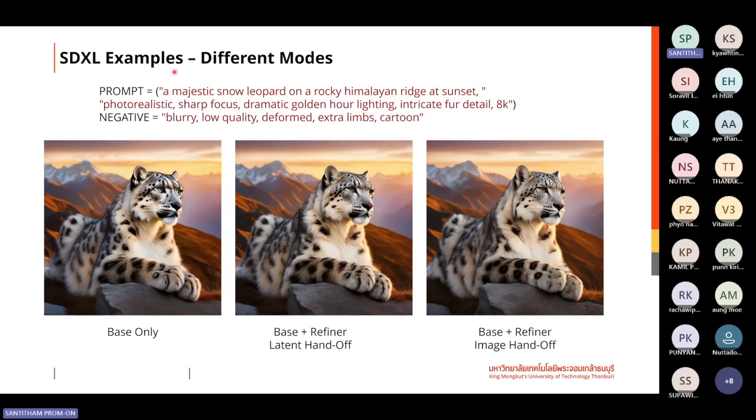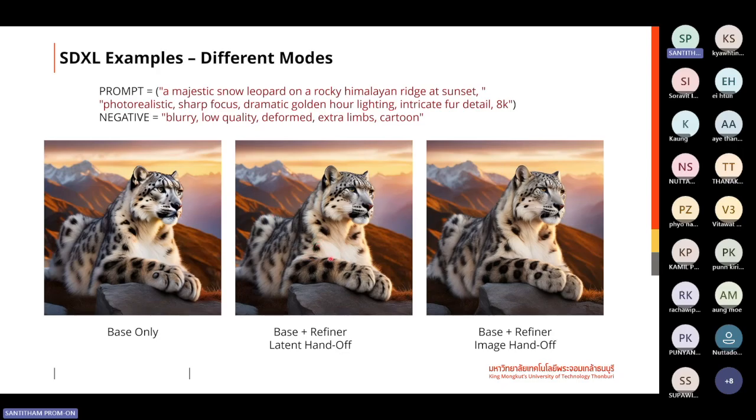Okay, so I have some examples that I ran from the Colab. This is from the prompt, a majestic snow leopard on a rocky Himalayan ridge at sunset. And the positive prompt in the same way, using the same prompt: photorealistic, sharp focus, dramatic golden hour. Then for the negative: blurry, low quality, deformed, extra limb, cartoon. So base only is on the left hand side. Still okay, looks great actually. But if you look at the base plus refiner, you can see obviously